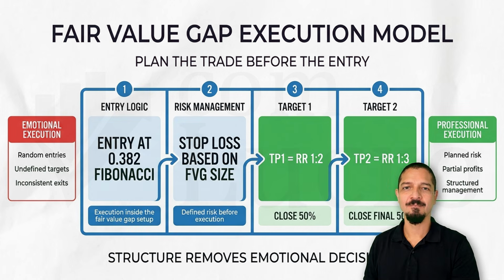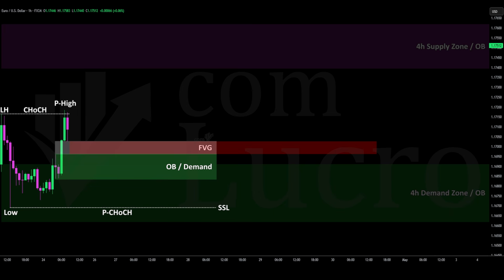Before opening any position, the most important thing is to fully understand the logic behind the setup, the execution area, and the risk management model that will be used throughout the trade. For this fair value gap setup, the stop loss will be based on the size of the fair value gap itself. The entry will be positioned around the 0.382 Fibonacci retracement level, and the trade will be managed using two